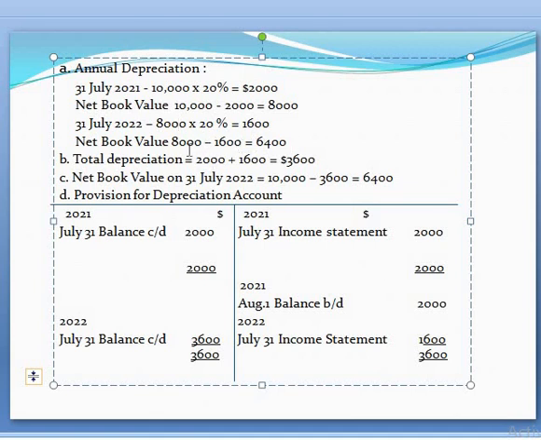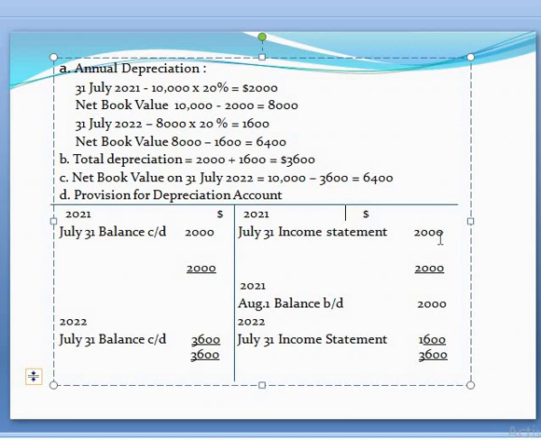Right? So since we are told to do it only for the second year, the total depreciation is the first depreciation of 2,000 and the second depreciation of 1,600, which makes 3,600. And the net book value, remember, is the cost of 10,000 minus the total depreciation. Right. So we are repeating the same process as we did when we were using the straight line method